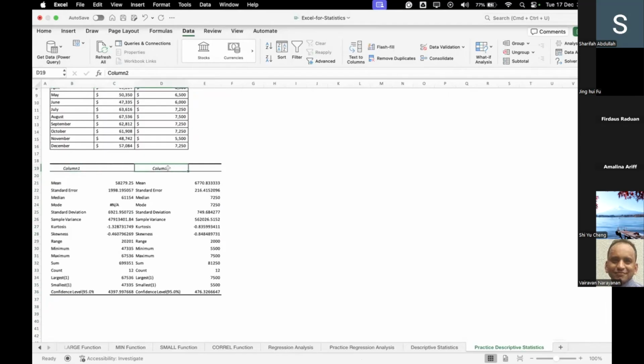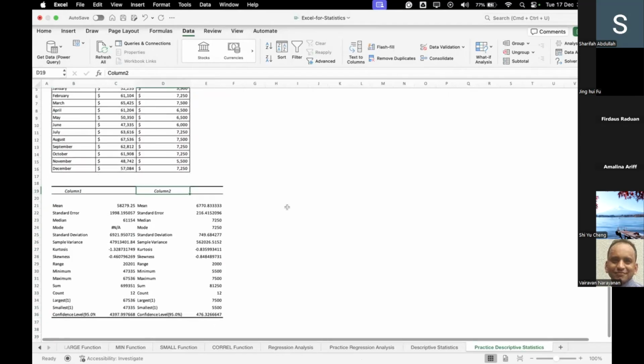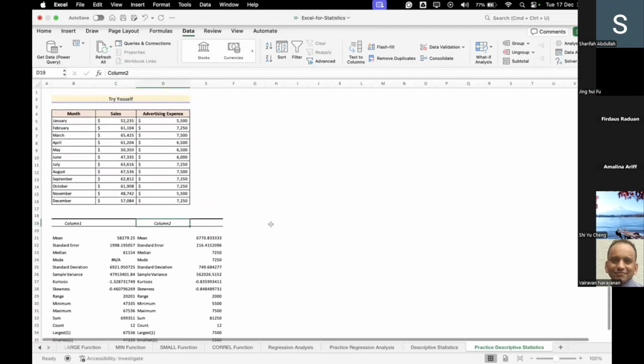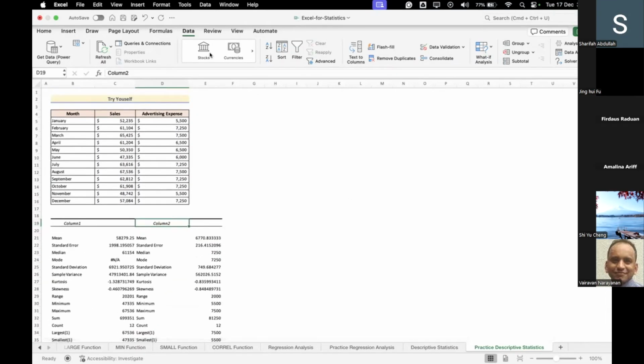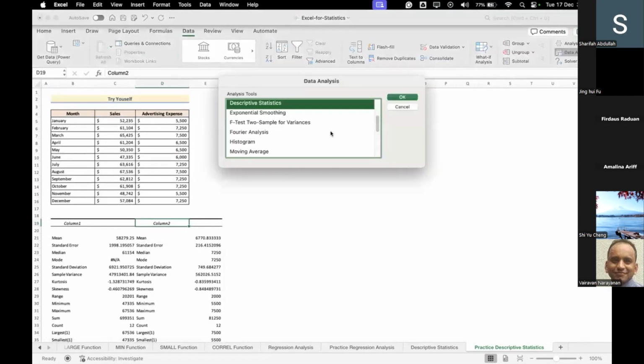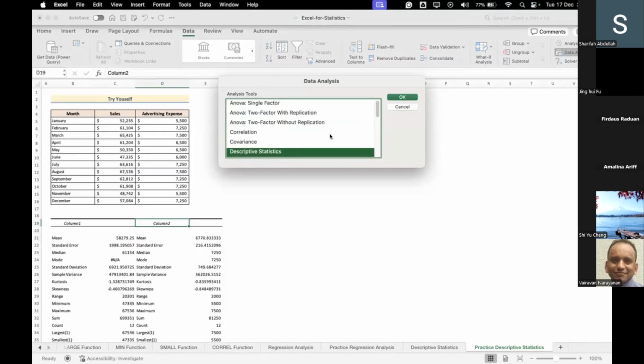You need to try and error because this is not accurately labeled. The example I showed just now is all from here, data analysis. And the Data Analysis ToolPak is limited to this kind of analysis tool. So your ANOVA, correlations,